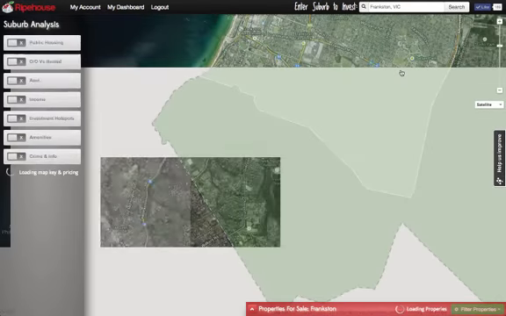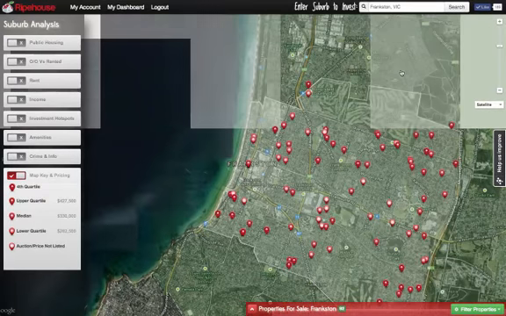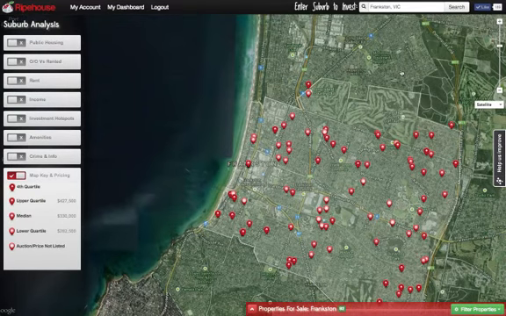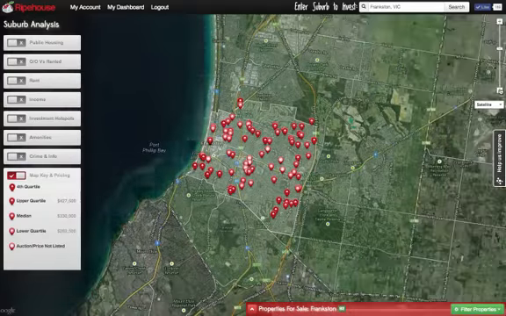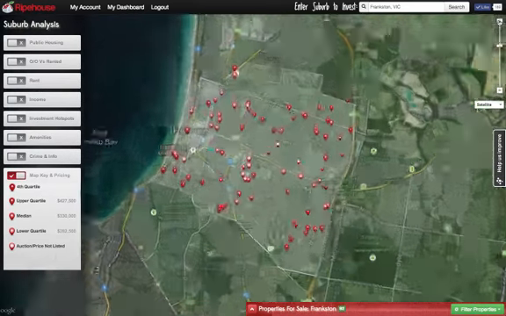This is preloading the suburb into the map. It's defining the suburb area there with the white outline. It's highlighting outside of that suburb area the local government area in a green overlay with a dotted line around it, which you can see down here near the water. I might move Frankston up into the middle of the map so we can just get our bearings a little bit. We can zoom in and out in the same way that you usually can on a map. We can get it nice and positioned